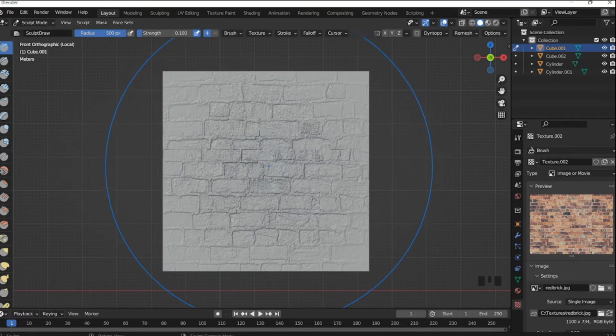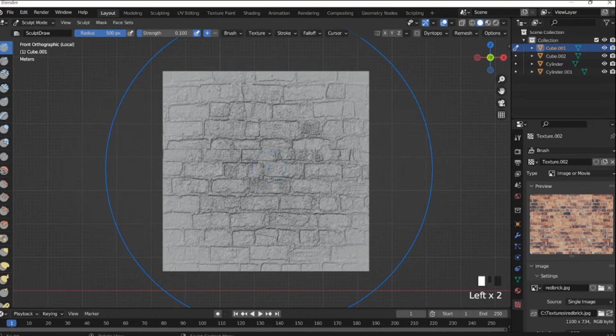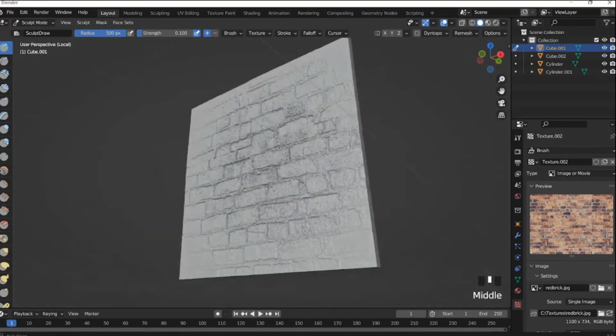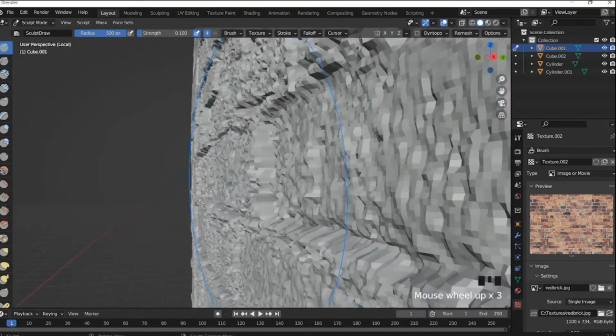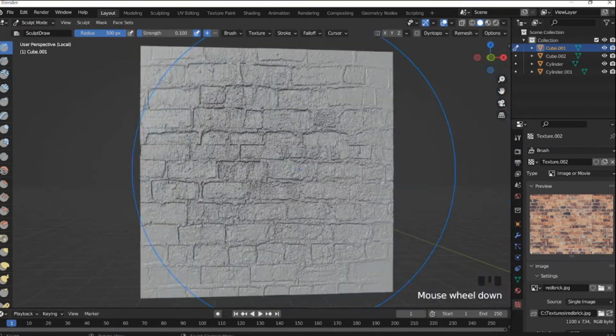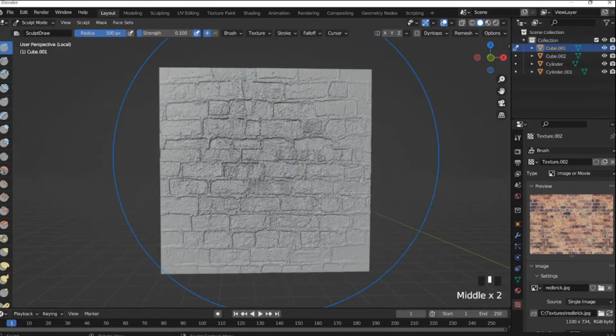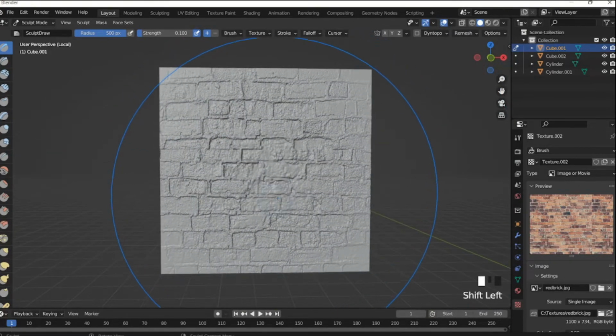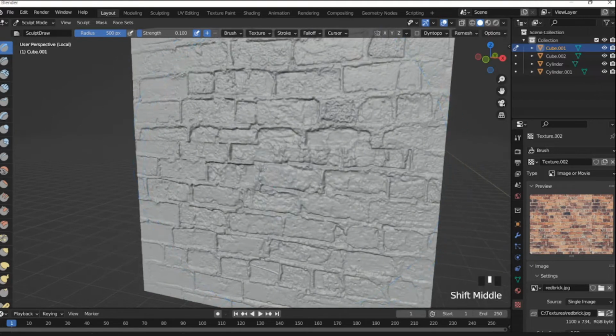It's not as intense, and we can click on it several times to make the effect stronger. And as you can see, it's stronger in the middle than it is on the outside. And when we look at it from the side, it is a little too pointy. So what we can do is just hold shift and smooth it out,